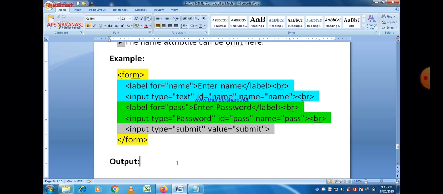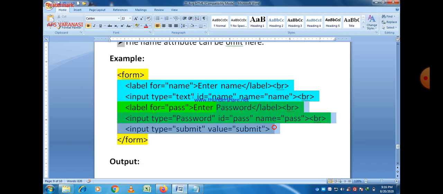And the first control is related to a text. So the first message that is to be shown on the screen is enter name, and we have to enter the name. Then the second message is related to password. So there is a password box here, which shows the message enter password, in which you can enter your password. Password is not visible, as you know, when you just write input type is equal to password. So there is a creation of a password box, and the password is not visible in that case. That is a key feature of the password. And after that, a submit button will be there to submit the form. So a small program is here to show the functionality.